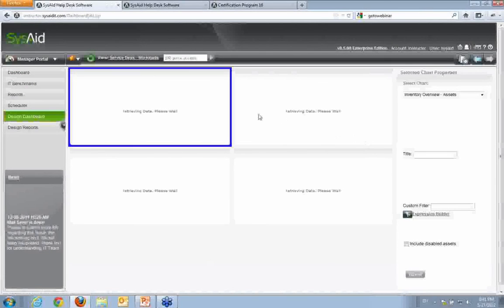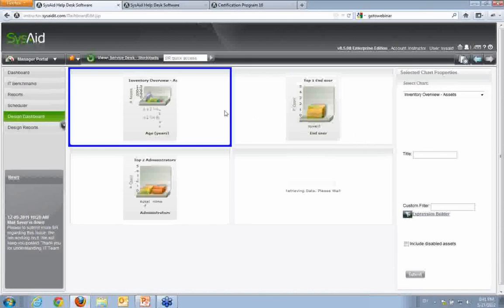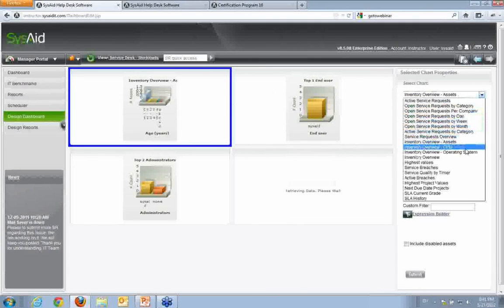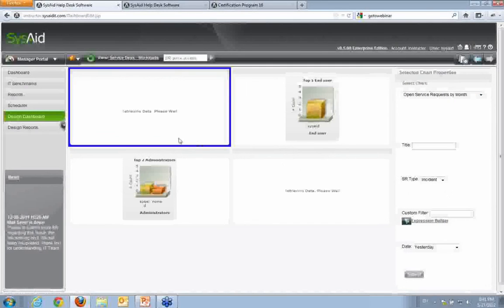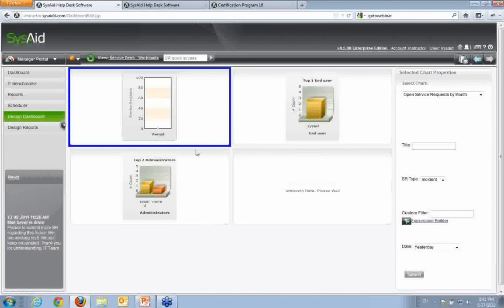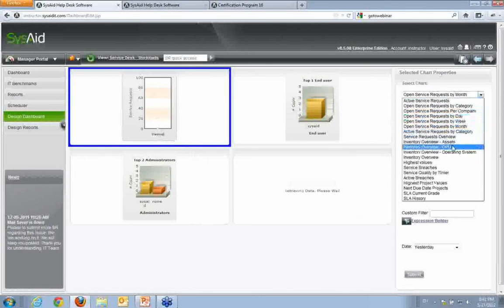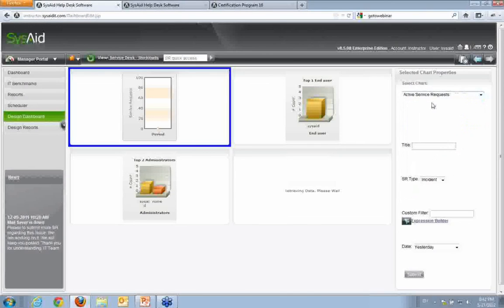Even if I go to design dashboard, in here you can see that you can select the 4 parts of the dashboard. Okay, and for example, I want to change the first one. So I click in the first one and select what I want to see. For example, to see the inventory, all service requests by month. Okay, I don't know here by month, so I can see here that 0, no, is not good. You can see here operating system, open service request,